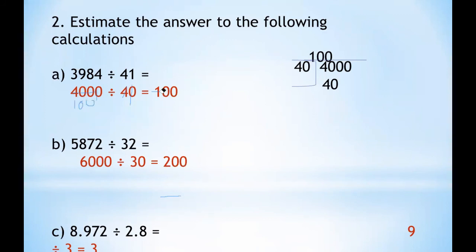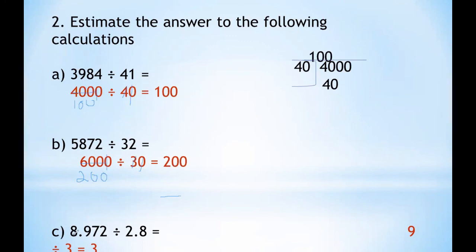If you want to do this division, you can do the division, or you can complete this one. Now 5872, when you divide with 32, this will be nearest to 1000, that is 6000, divided by 30. So 6000 divided by 30, 0 and 0 cancel, and 3 ones are 3, 3 twos are 6, and there are 2 zeros here, you will copy the 2 zeros. So 200 will be the answer.